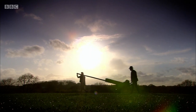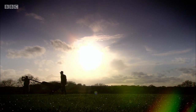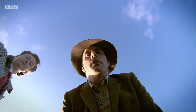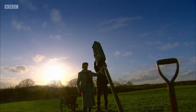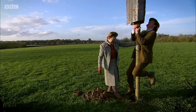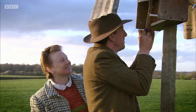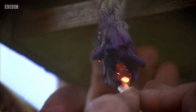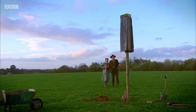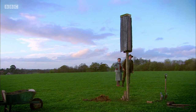The bird scarer will be tested in a nearby field. The thing is, is it going to be deep enough? So, moment of truth, Ruth. Well, I reckon a charge has got... One of those whole things has got to last a day. Yeah. So it's going to be quite some time, I should think, before we get...